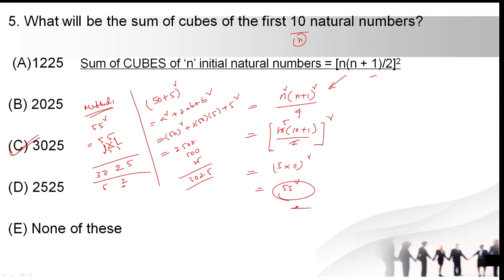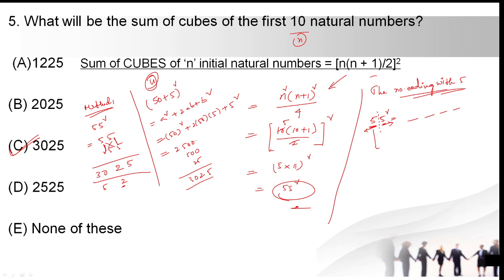And now I'll tell you method 2 more. I'm going to tell you one technique to find the squares of the numbers ending with 5. How to find the squares of the numbers ending with 5? We know already the square of a 2-digit number is always a 4-digit number. We need to divide this number into 2 parts, that is the ones place part and the remaining part. What is the remaining part? 5. What is the next number in counting after 5? That is 6, right?